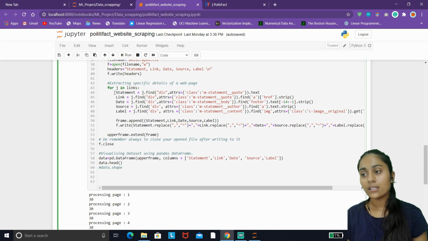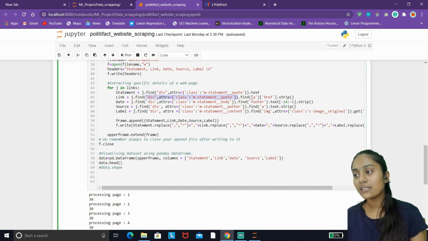Now let's move on to our next attribute, that is link. Using the find function, we first find the division. Since I have already looked for the division in my previous step, it is the same for this too. It is contained within this division tag, and the attributes are these only, and you can locate this anchor tag to retrieve its link.